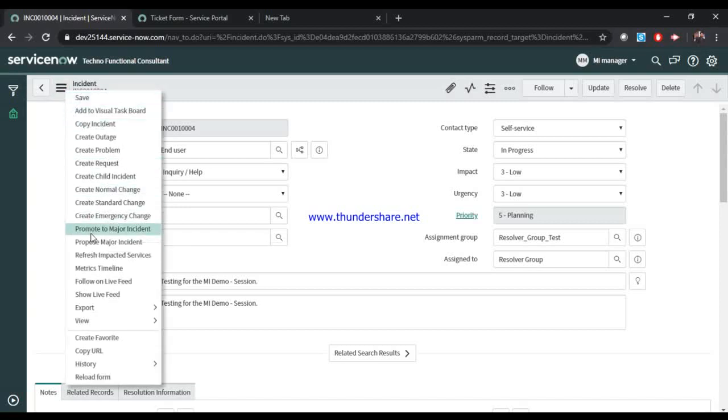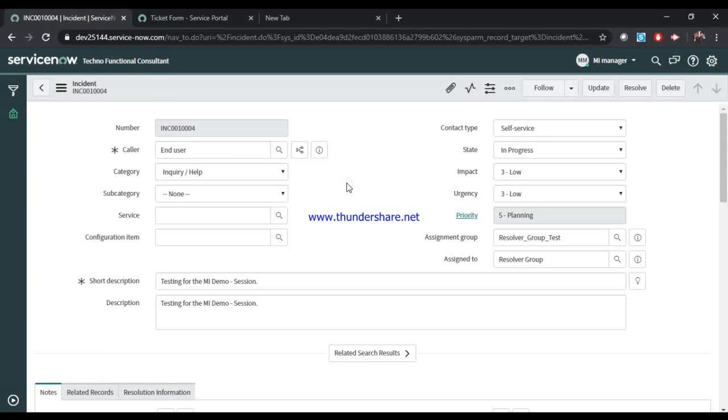Now you can see promote and propose. Promote means they have already accepted that yes, it is a major incident, and without waiting or involving the resolver group, they directly promote and accept this as a major incident. But if it comes from the resolver group, it will be accepted or rejected first, and then they take the proper action.